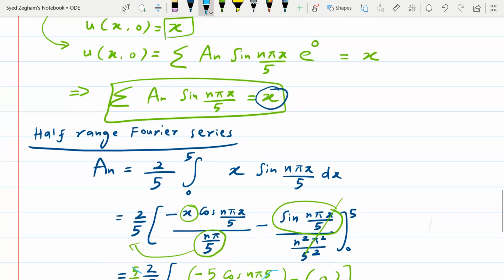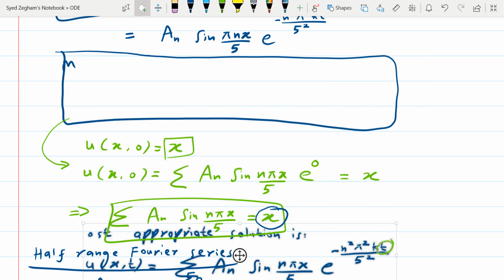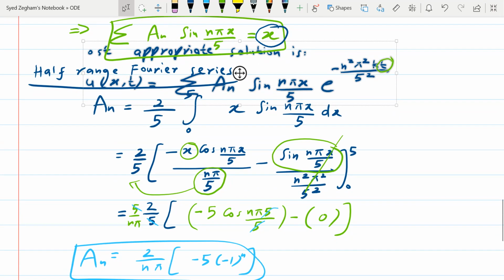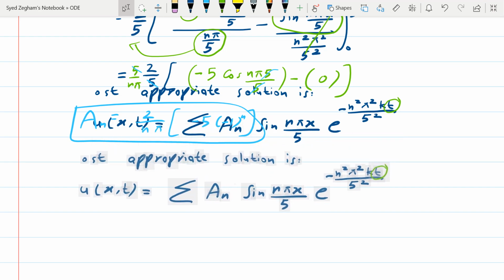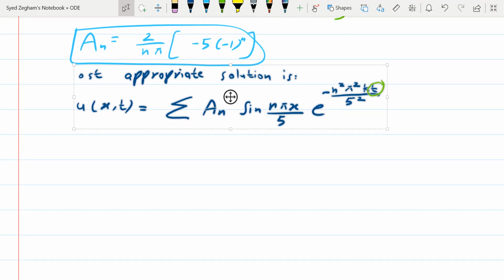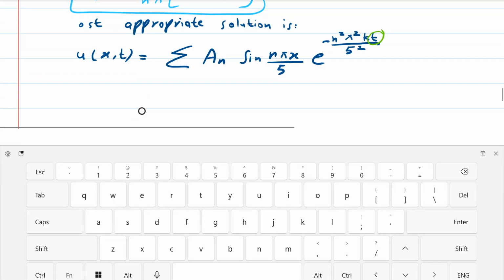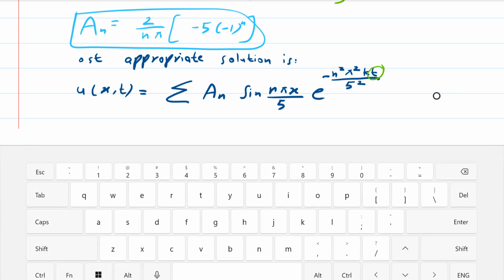So if you want to write the solution, let us drag it downwards and we will write the answer. Yeah, looks good. So this u(x,t) will be given as